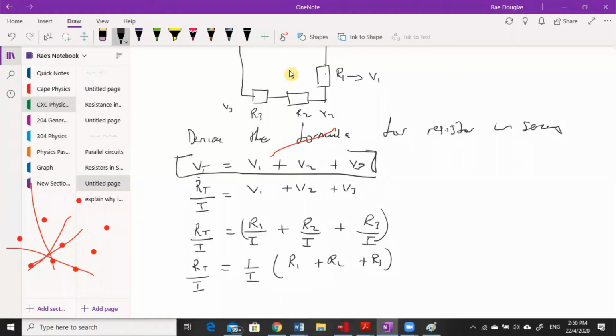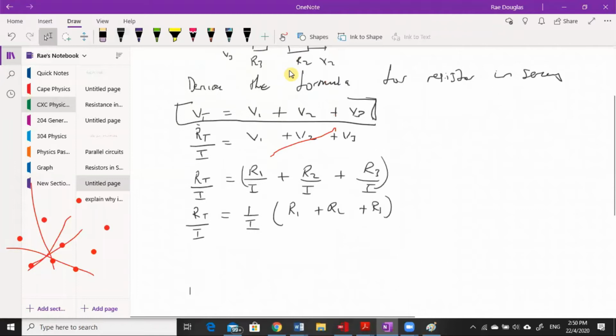Now, I can simply do a cross multiplication that would lend me into what I want. So I is in the denominator here. I want RT to become the subject. So in order for me to get rid of that, I need to